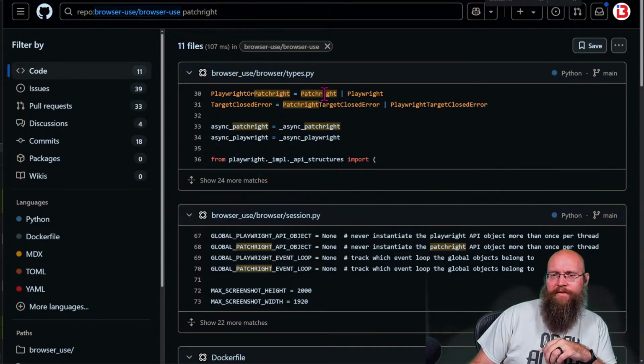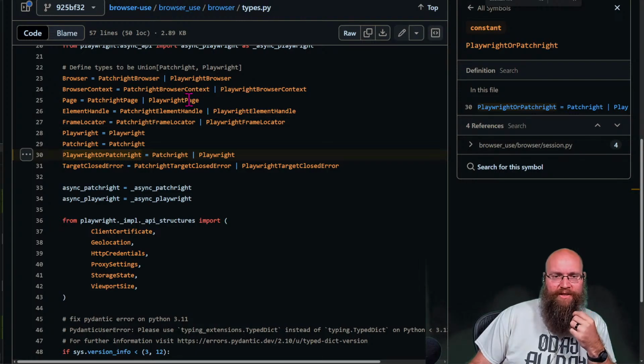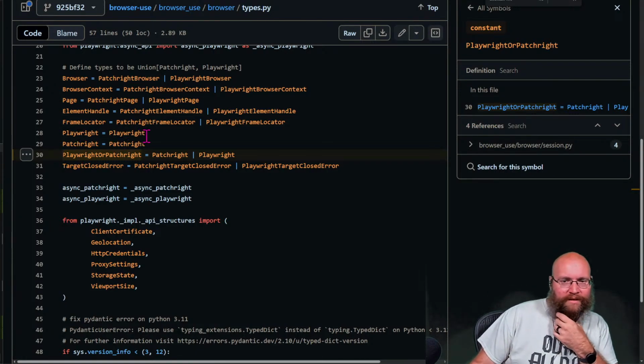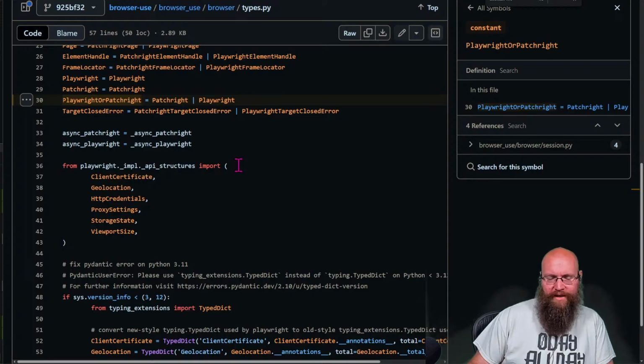Oh, that's funny. So if you've got Patchright, it's using Patchright. If you've got Playwright, it's using Playwright, it looks like. That's kind of weird.